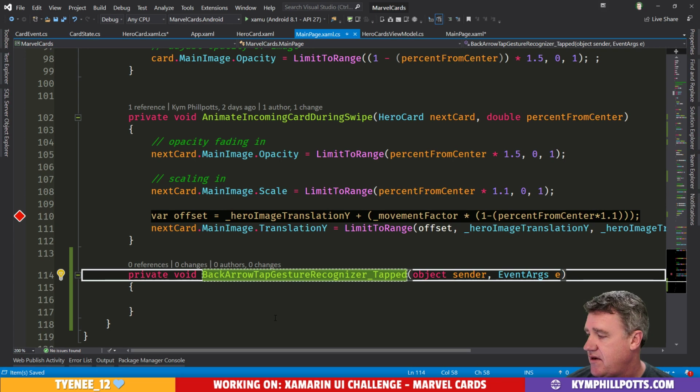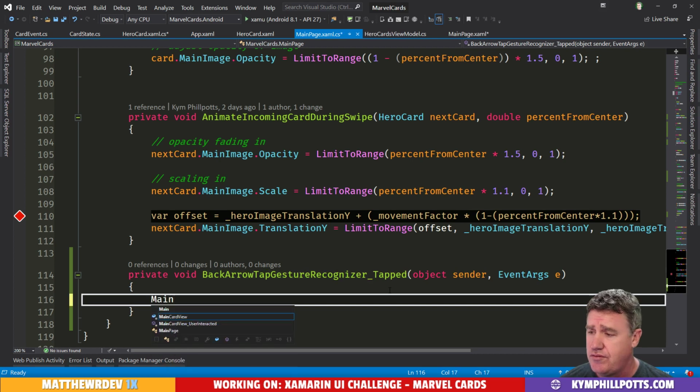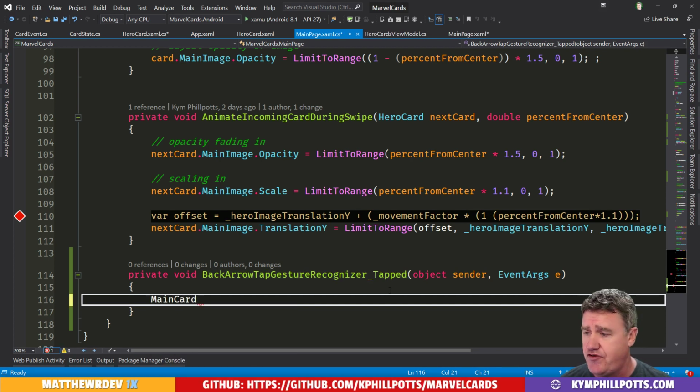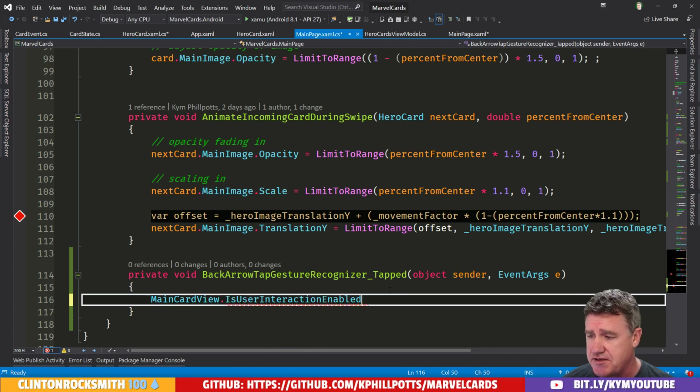Yeah, that's not fun. That's not fun at all. Okay, so when the back arrow is tapped, let's do this. Let's say a main card view, user interactions enabled equals true. So re-enable